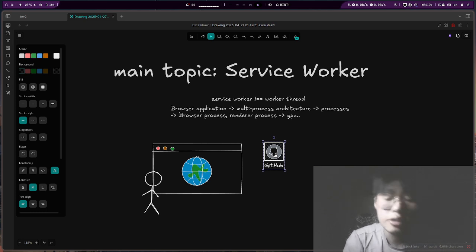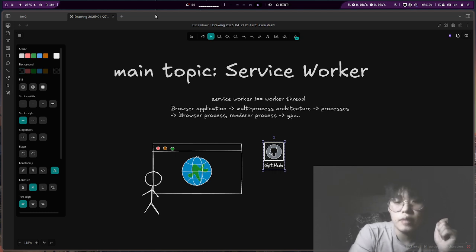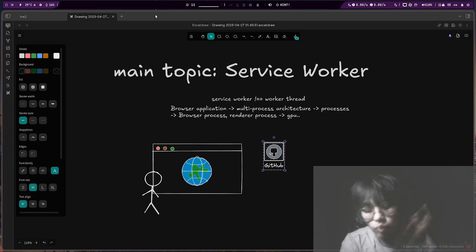When you type a URL, like GitHub, your browser is going to validate whether it is a URL or a search query. If it is a URL, it is ready to go to the network thread, but it is not ready for a search query. And now we are going to the GitHub URL, and when you press enter, the network has to be